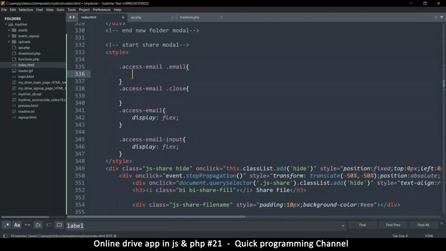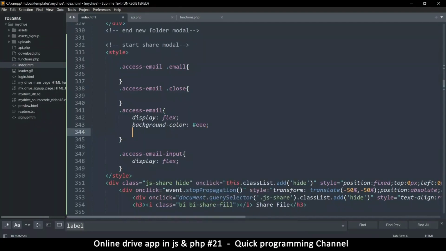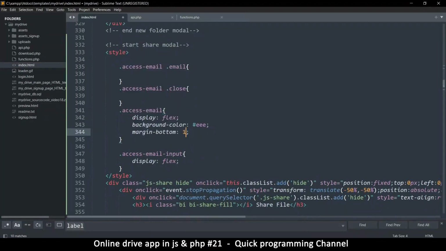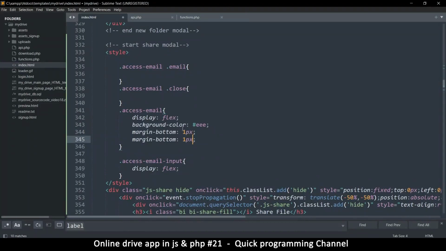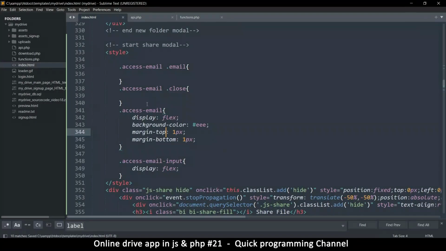All right. So here I'm gonna do a background color of EEE, and then I'm gonna put a margin on top and on the bottom. So margin bottom 1 pixel, and then margin top as well 1 pixel, and then the close button should have a